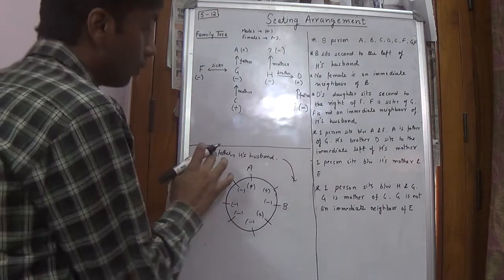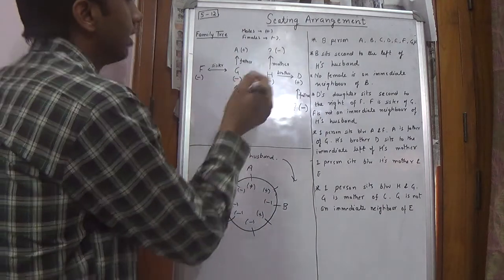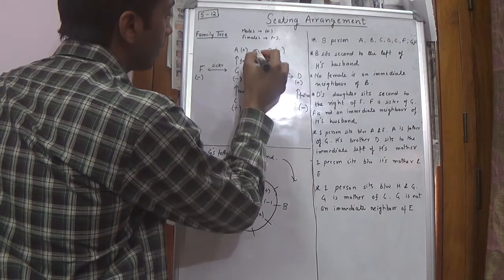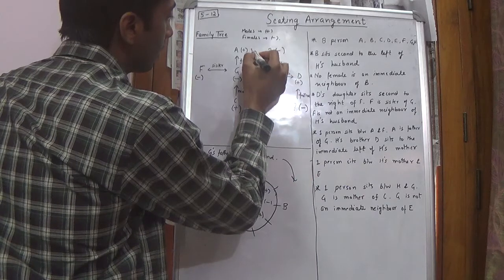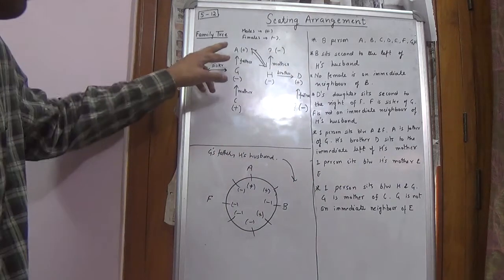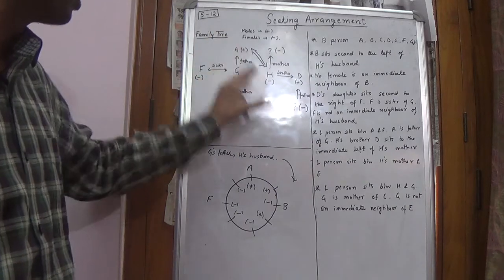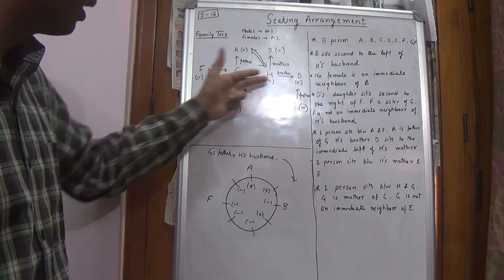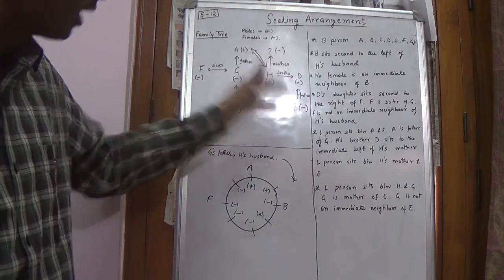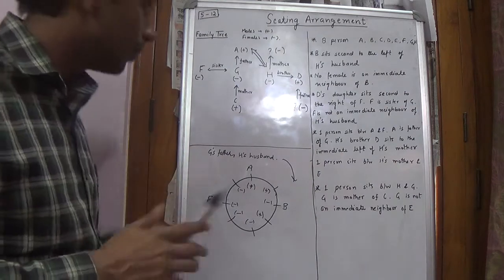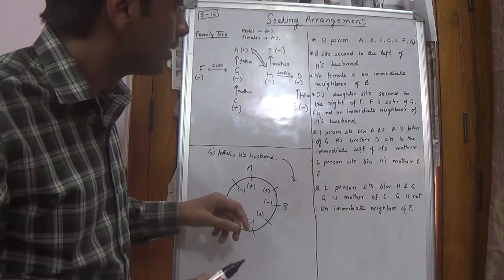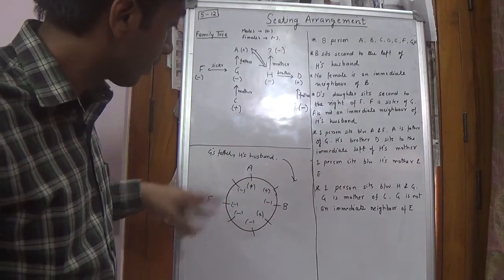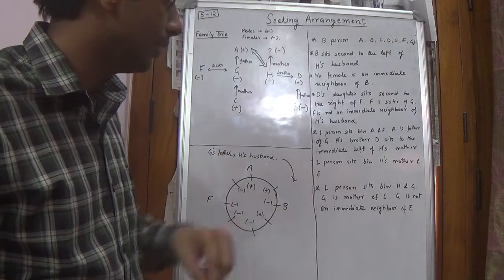Now, because we have found A as the connecting link in this, he is G's father and H is husband. So now they are interrelated to each other. Now this forms a proper family tree. They are husband, then they have a daughter, sister, and again a son, mother, brother, and then again a daughter. So the family tree is complete. So now we have confirmed A, we have confirmed F, we have confirmed D.